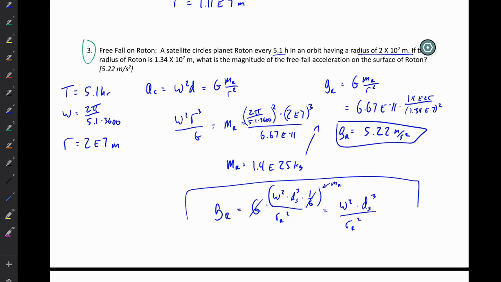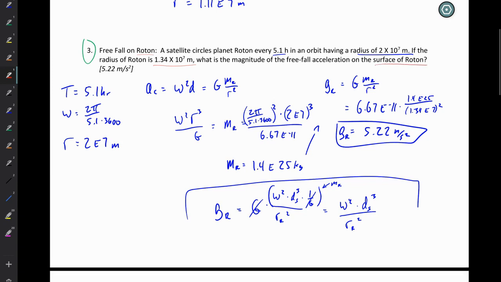We're going to look at some gravitation problems, although in this case, I'm not going to do the work from scratch, but I'll rather talk over some work that's already been done. So we've got a question about free fall on planet Rotan. A satellite circles planet Rotan every 5.1 hours in an orbit having some radius. If the radius of Rotan is some other radius, what is the magnitude of the free fall acceleration on the